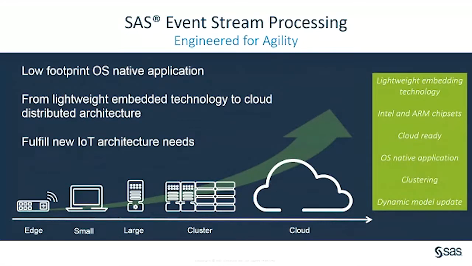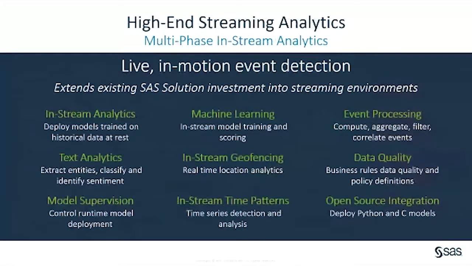So let's talk about in-stream and out-of-stream model training and scoring. This is an important concept. Out-of-stream training allows models to be trained on data that is at rest. This allows analytics to be trained on data that is larger in scope and history to provide a rich set of training data for accurate model development. In-stream model training can be used to retrain models as new events arrive, also known as machine learning.